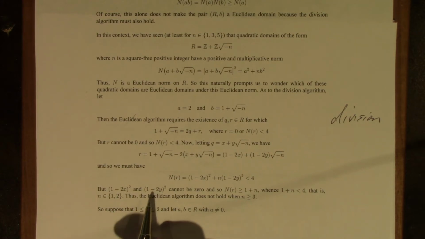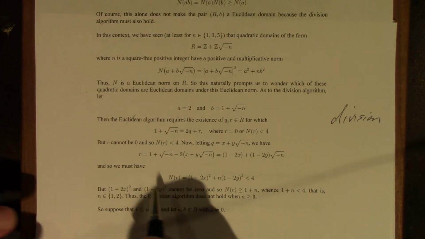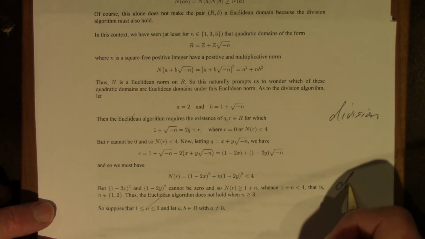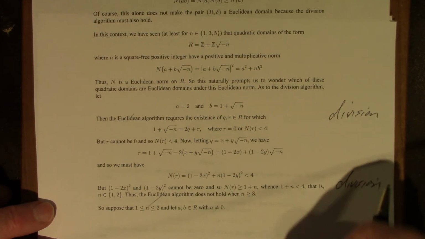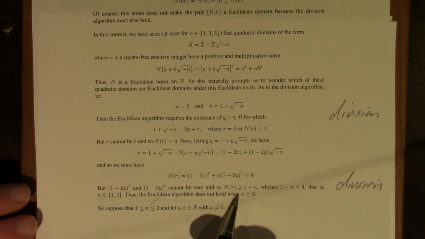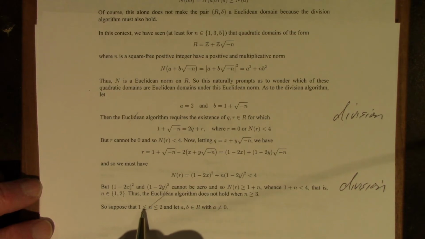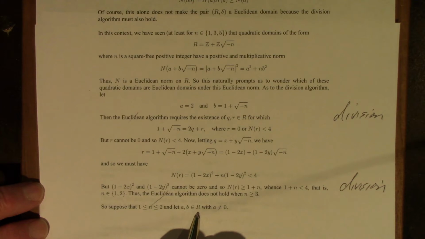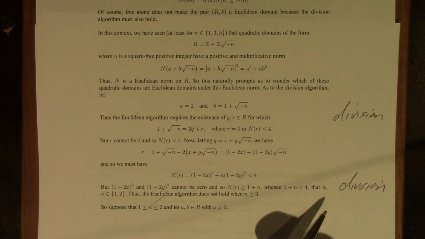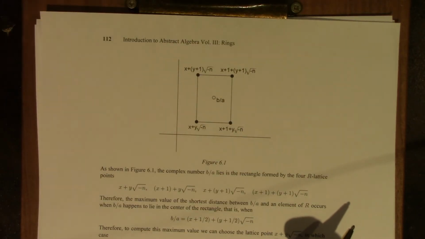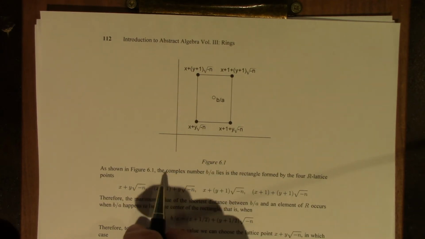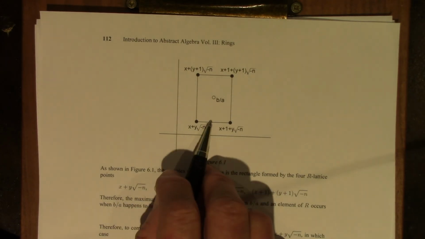Or put another way, the division algorithm does not hold when n is bigger than or equal to 3. So we have to consider the cases n equals 1 or 2. And let a and b be in the integral domain with a non-zero. As shown in this figure,